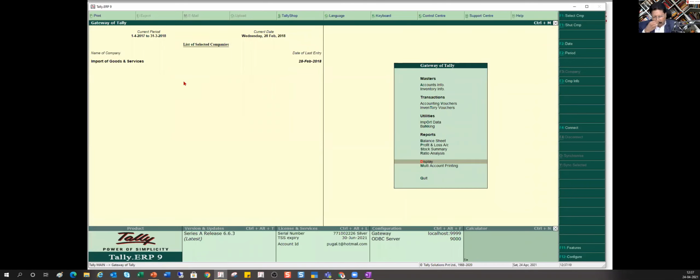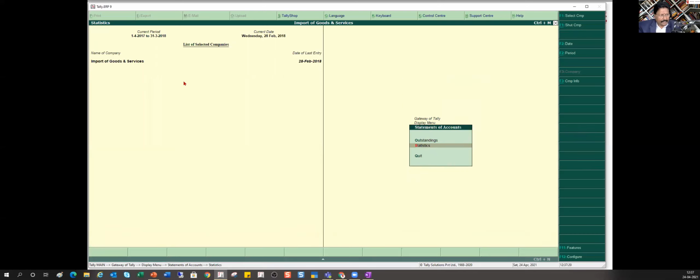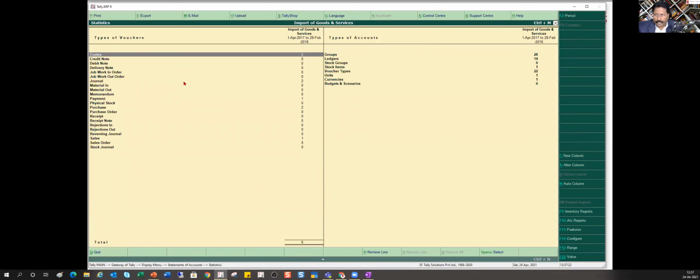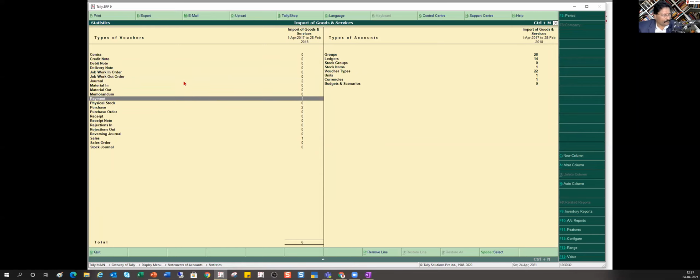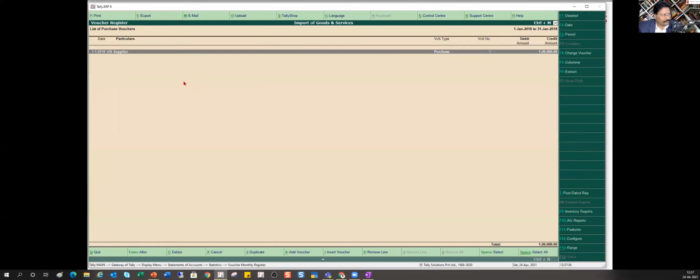So first I will show you in the month of January. First I will show you import of goods. Since I've already passed this entry, you can always ask if you have any doubt, because just to save time, I've just captured those entries which I will show you. So first is my purchase. I come to my purchase, right? So this is the month of January.